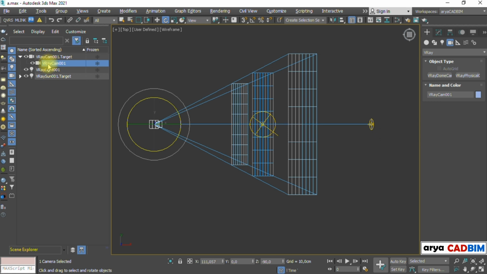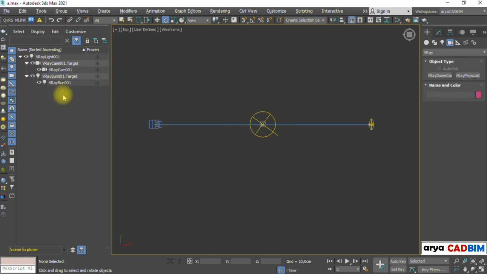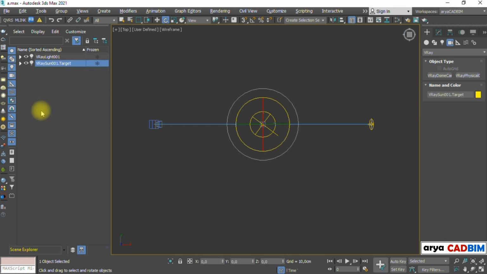Then link both targets to the dome light. Now the linking is done. It works as child, parent, and grandparent. To unlink any object, just drag it to somewhere empty.